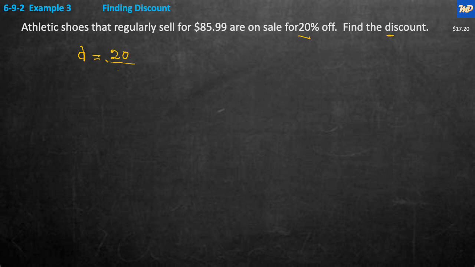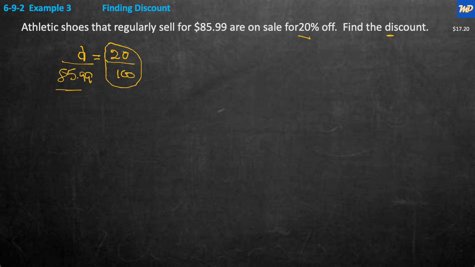So it's the 20 over 100. And then D is over $85.99. So the discount is 20%. This whole thing is 20%. D is 20% of